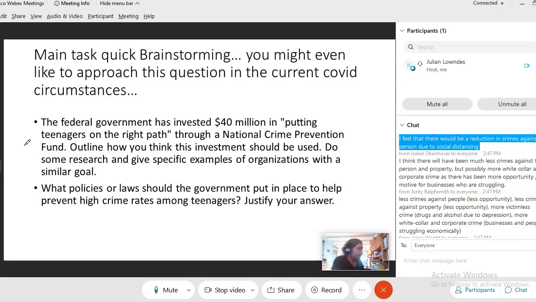Would it be, say, for instance, through awareness campaigns? Would you try to target social services or social workers? What type of policies do you think would be best achieved to try and reduce offender rates among teenagers? And I suppose in thinking about this, we need to think about what are the driving influential factors that contribute to teenagers committing crimes. So that's the main task for this week.